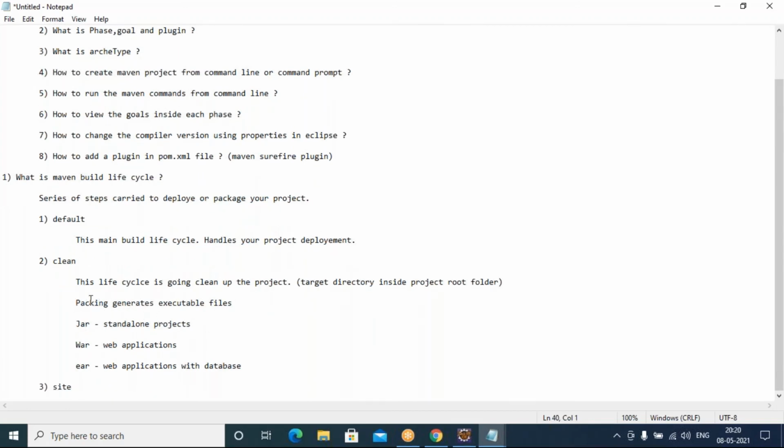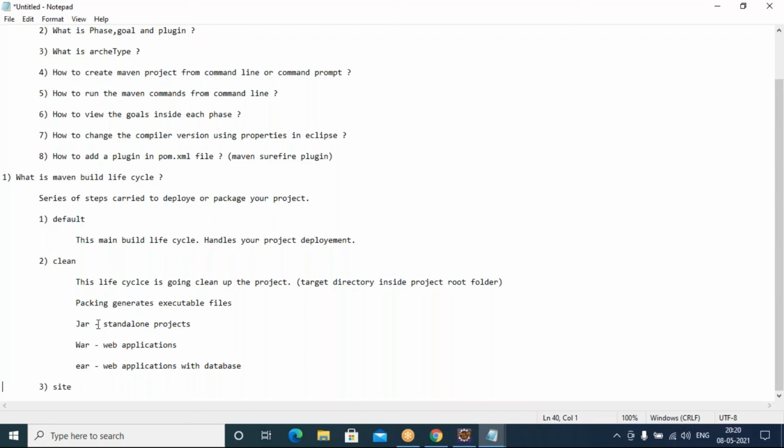We need to specify the packaging while creating the Maven project itself. What type of packaging we are expecting from this application, whether it is a WAR file, JAR file, or EAR file, we need to tell Maven. Based on the specification defined in your pom.xml file, Maven is going to perform that action.